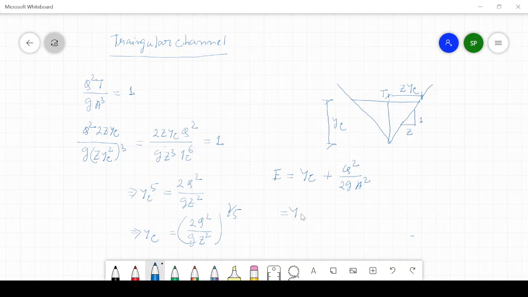Now yc plus Q square by 2g A square, Q will become itself Q. A is equal to, just we have calculated, A is equal to z yc square. So if we replace this by z yc square whole square,